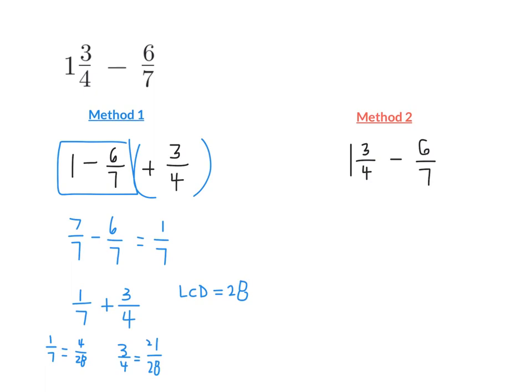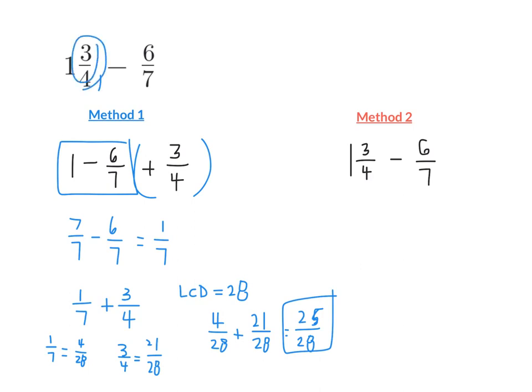So I can do, instead of 1/7, I can write 4/28, and I can add 21 28ths to it to get a total of 25 28ths as my answer. Sorry, my 5 looks a little wonky. Okay, so in this case, we ignored the original fraction of 3/4, the fraction part, and just did 1 minus